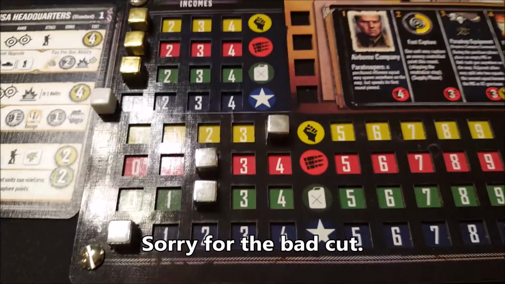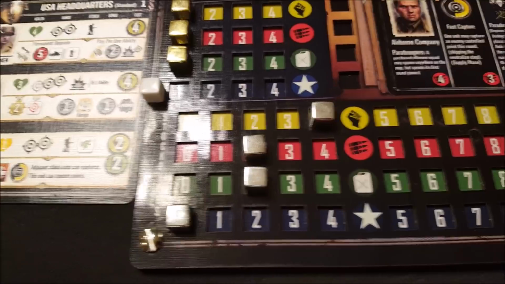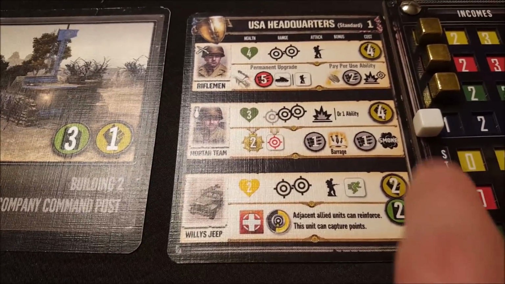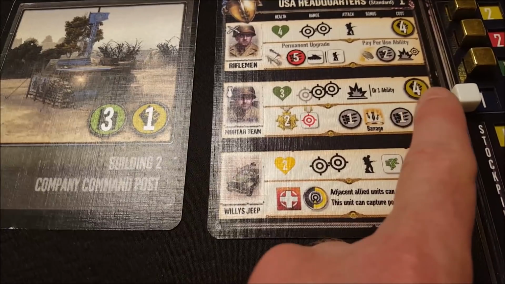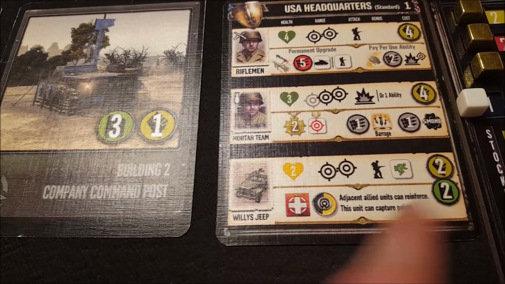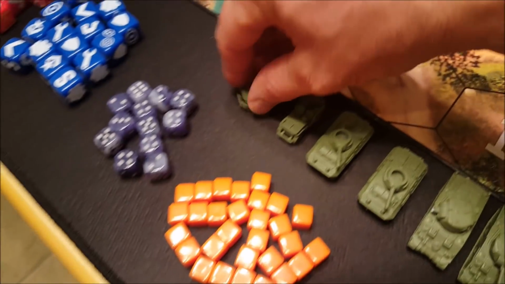So you can see down here, the US player has 4 manpower, 2 munitions, and 2 fuel to spend. If we go over here to the cards to see what we can purchase, we see that another rifleman company costs 4 manpower, the mortar team costs 4 manpower, and the Willys Jeep costs 2 manpower and 2 fuel. We're going to go ahead and do that. We're going to spend 2 manpower, 2 fuel, and we are going to be able to deploy one of our